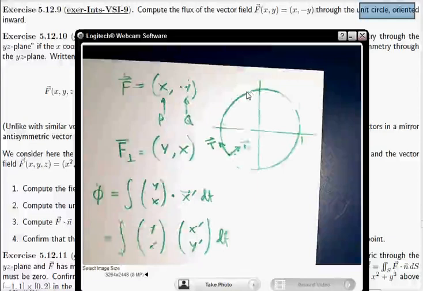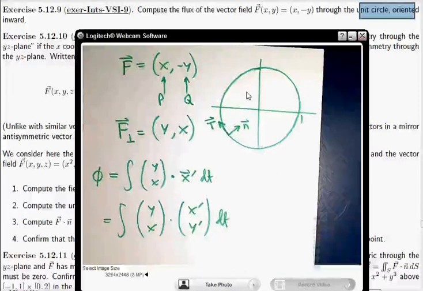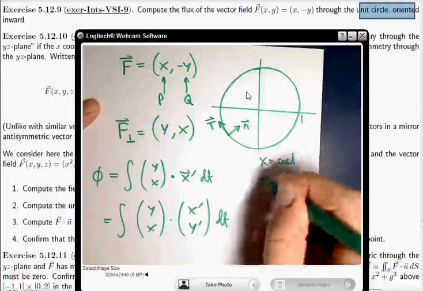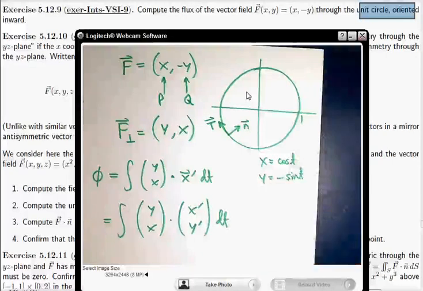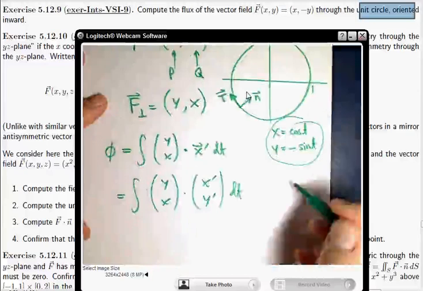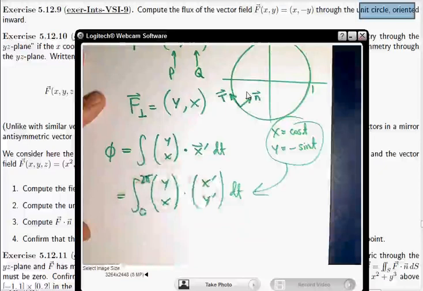So what you have to do now is parameterize the curve clockwise. So you're going to parameterize by x equals cosine t, y equals negative sine t. That make sense? Yeah. So take that, plug into there, 0 to 2 pi, and